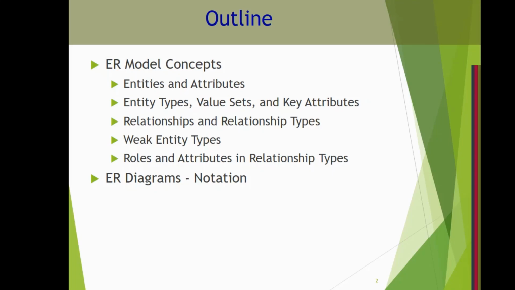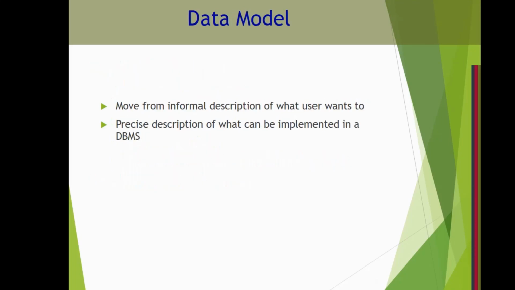Then there are weak entity types. We will also discuss what the weak entity types are, which we also call existence dependency. Now there are some entities which are weak. We will be discussing this in detail by means of diagrams and the notations used. Then what are the roles and attributes? Whether your relationship is one in which two entities participate or three entities participate, whether it is a total relationship, or the participation is partial. So either the relationship has total participation or partial participation. Okay, and the various notations.